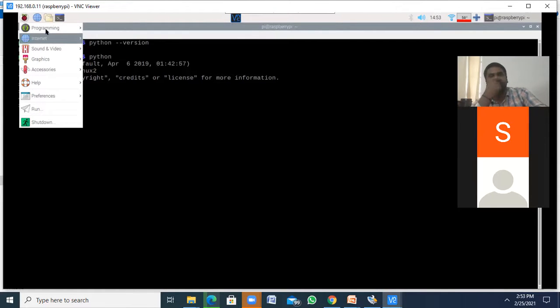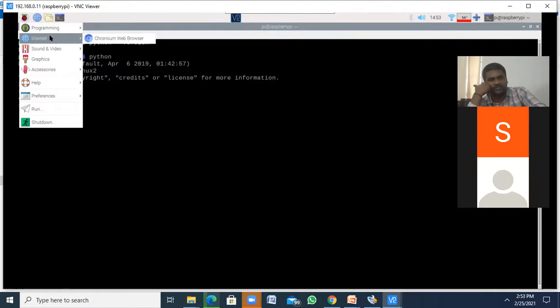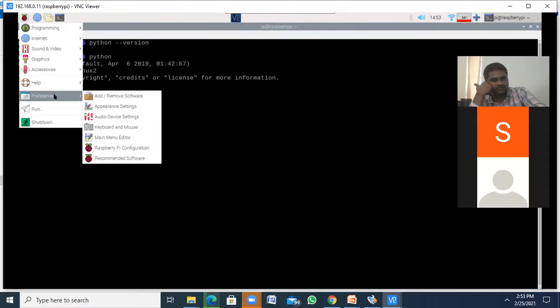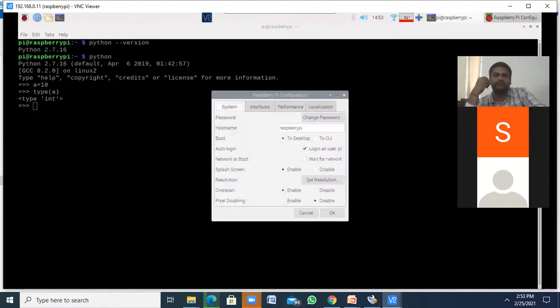In programs, we have a set of editors, Thonny Python IDE, and we can browse the internet. So these are the features of the Raspberry Pi. And we have some preferences. We can configure the Raspberry Pi by using Raspberry Pi configuration. So in interfaces, we can change any interface.